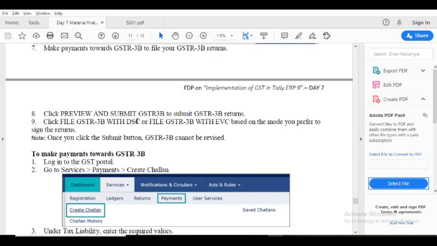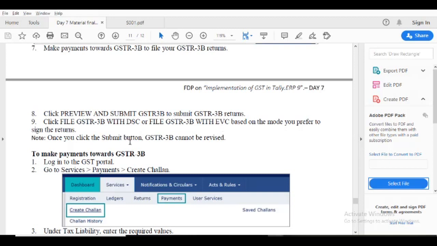And then EVC is an electronic verification code, like an OTP. It is generated via our mobile phone, the registered mobile phone, the GST registered mobile phone. Okay, so it is easy to submit. When we have the DSC, we use it for GST; if we don't have it, we use our mobile phone via EVC.